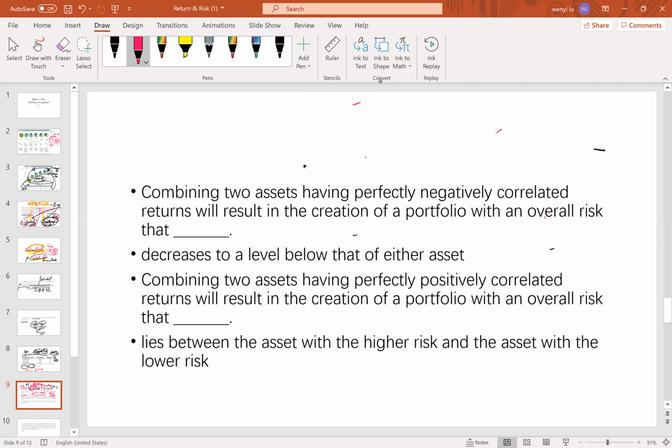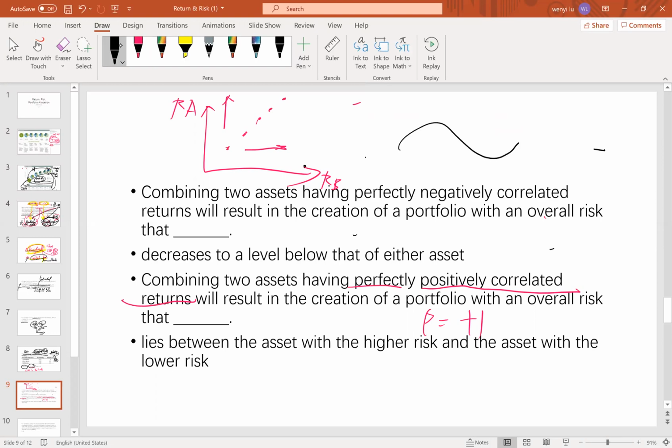Next one, if the two assets have perfectly positive correlations, then what should the portfolio's total risk be? So now rho equals positive one, meaning the two stocks are moving in the same trend. So if this is A stock and this is B stock, they are moving exactly the same way. So when A is increasing, B will also be increasing. So they are in the same direction. In such a case, you can tell the return will exactly show the same